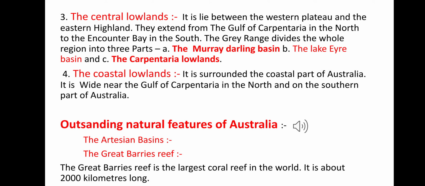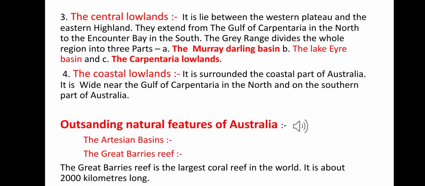Artesian Basins: the rock structure of Australia presents some favorable conditions for the formation of artesian basins. On these basins, when artesian wells are bored, water gushes out automatically. The major artesian basins of Australia are the Great Artesian Basin, the Murray River Basin, the Eucla Basin, the Desert Basin, the Northwest Basin, and the Coastal Plain Basin. Water from the artesian wells has favored the rearing of sheep and cattle in the desert part of Australia.